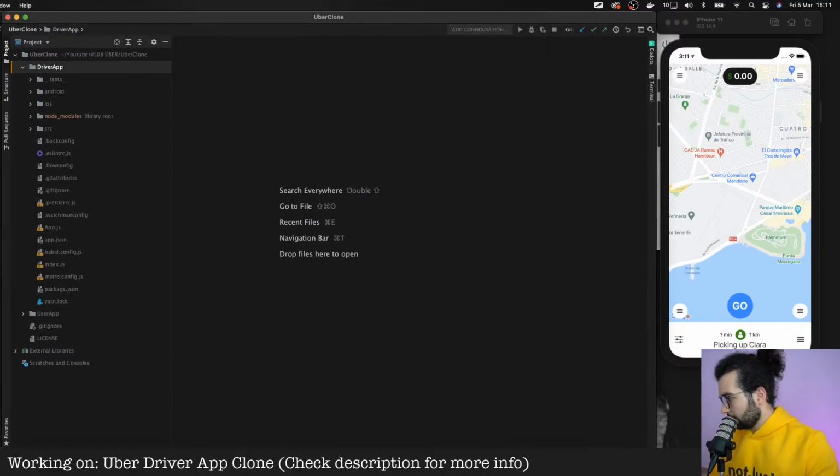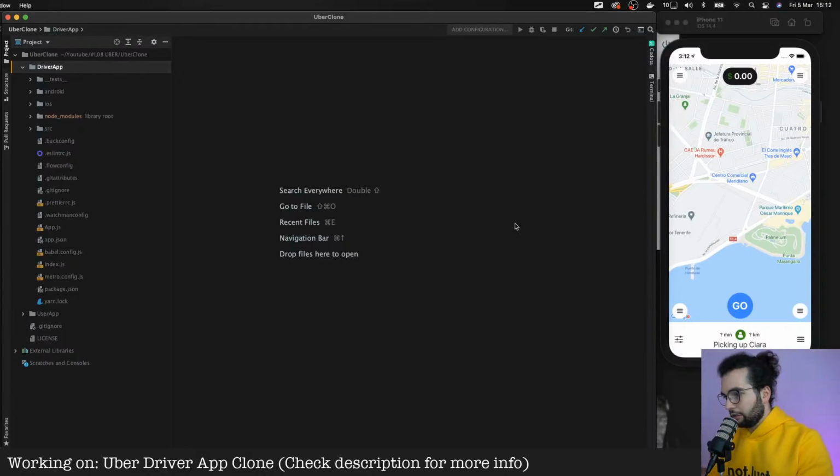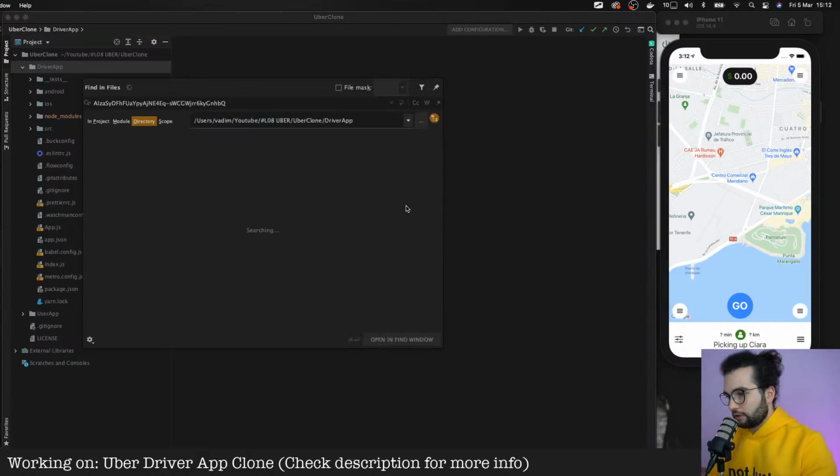Let me open the Google console on the other screen, select the project, credentials. I think I restricted the API key to my IP and something didn't work.